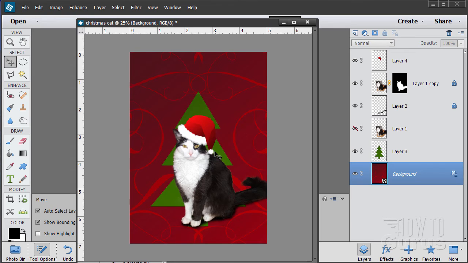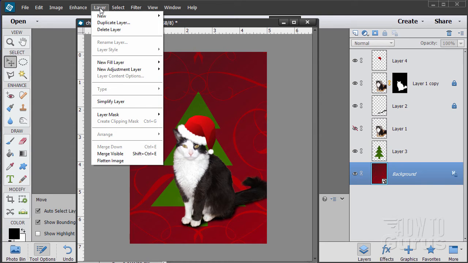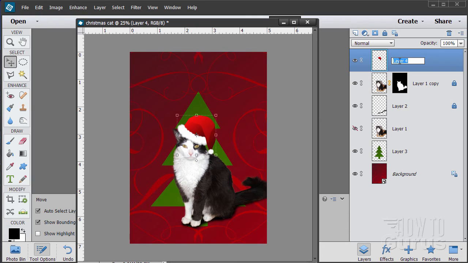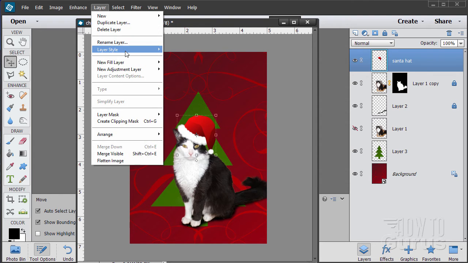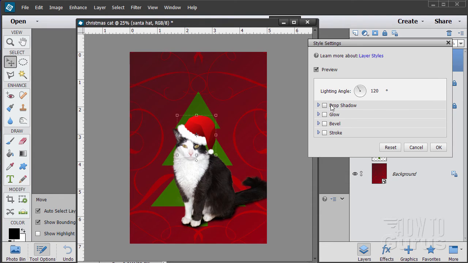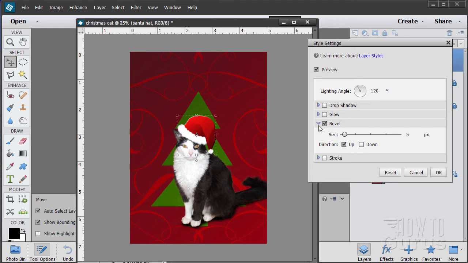Now, the hat is real cartoony at this point. I want to make it look a little bit better, so we're going to be putting a bevel and emboss on this to make it look a little more three-dimensional. So let's go up to Layer and Layer Style. Make sure I'm on the right layer. There we go. Let's just make the Santa hat so we can see that. Okay, Layer, Layer Style, Style Settings, and I want a bevel in here. There's our bevel and emboss,